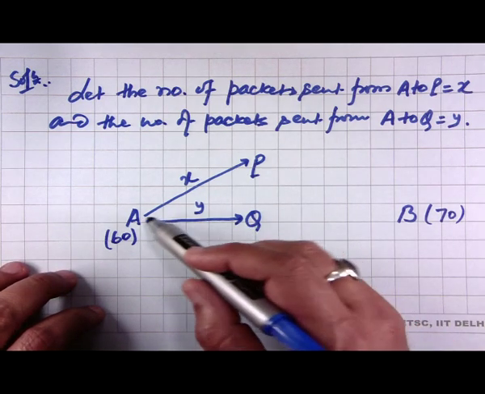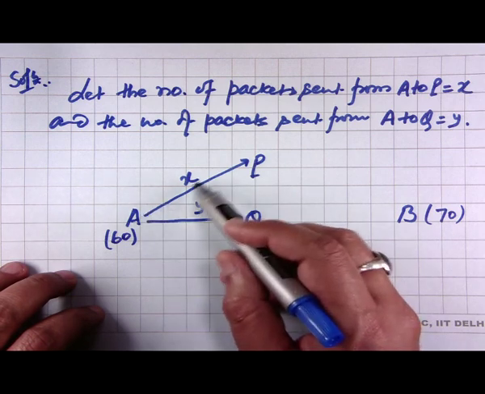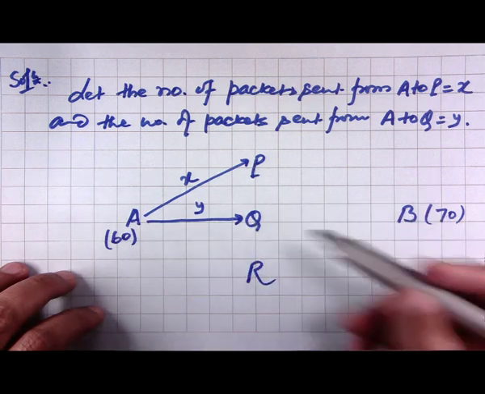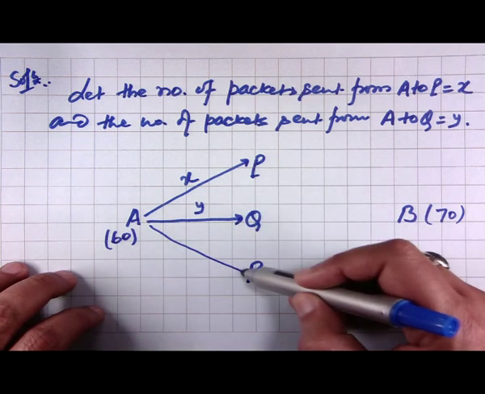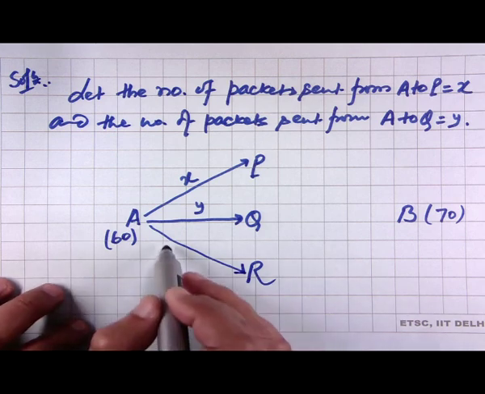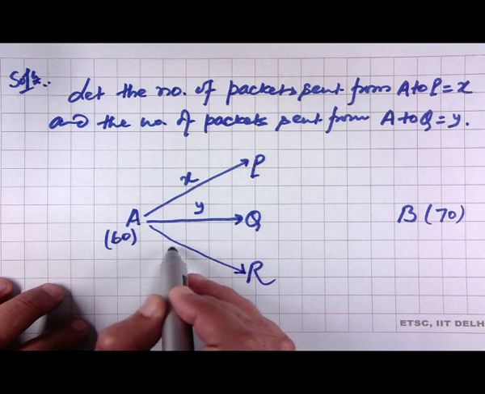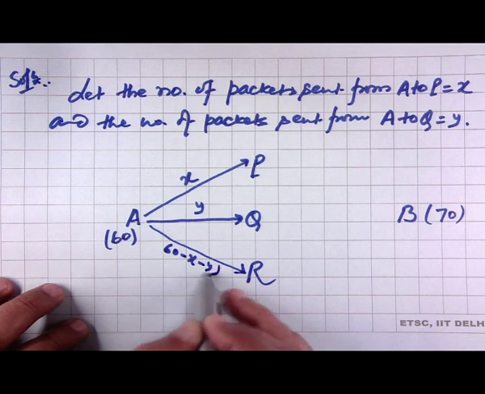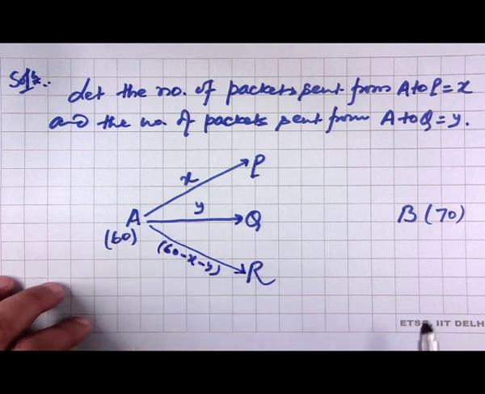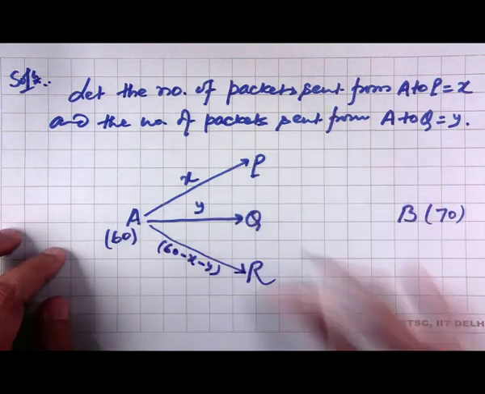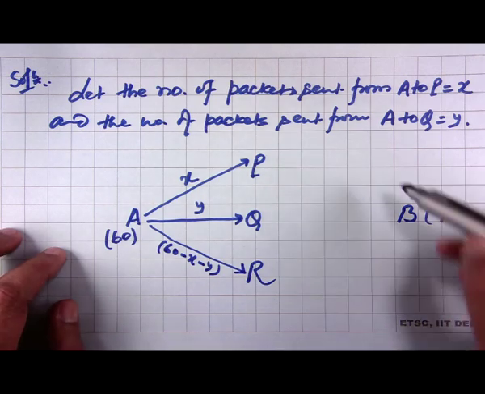We already sent x packets from A to P and y packets from A to Q. So we have to send the remaining packets, that is 60 minus x minus y, to R. It means all the 60 packets of A are distributed to schools P, Q and R. Now from B,